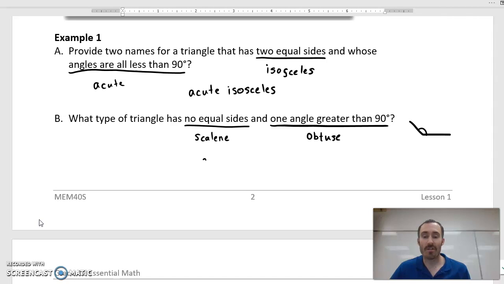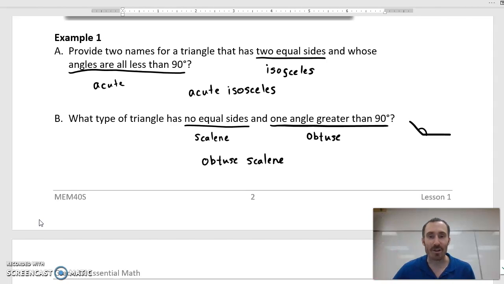Okay, and so we would call this an obtuse scalene triangle. Now, as far as I'm aware, there's not really a rule that you have to classify the angle before the side length classification. It just sounds better in my ear. But if you want to call this a scalene obtuse triangle, I'm not going to argue with you too vehemently,